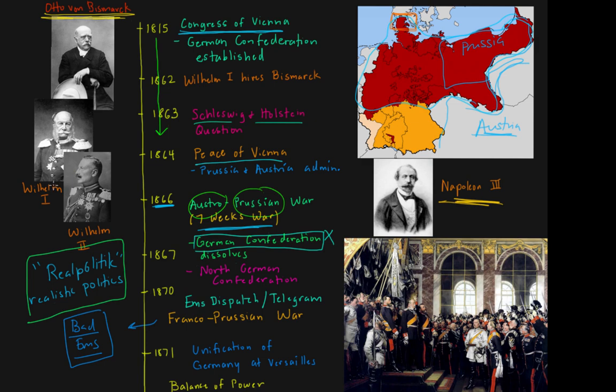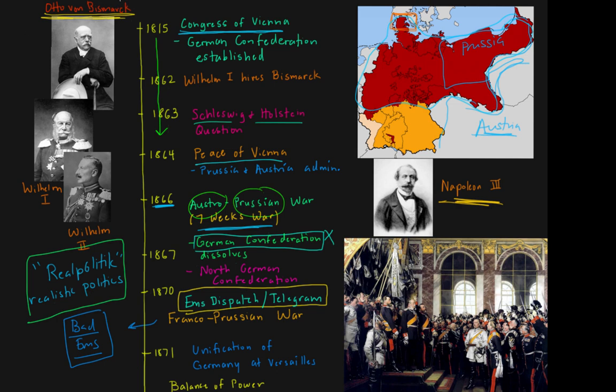And after this chit-chat, the French ambassador has basically demanded that Wilhelm I renounce the German right to the Spanish throne, that he withdraw the consideration of his relative to the Spanish throne. And after their conversation, Wilhelm I sends his advisor Bismarck a telegram from Ems, known as the Ems Dispatch or the Ems Telegram, to tell Bismarck exactly what went down with the French ambassador, what the French ambassador wanted.